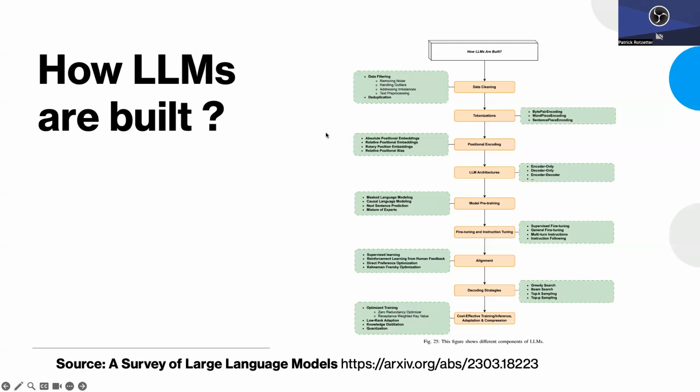Then once you have tokens, you need to convert all these tokens into embeddings, so into vectors, because neural networks need vectors as input, not just text. And then you need to add positional encoding, which means that if you have a very, very long text, it's not enough just to provide the model with the text, but it needs to know where the individual words are located in the text